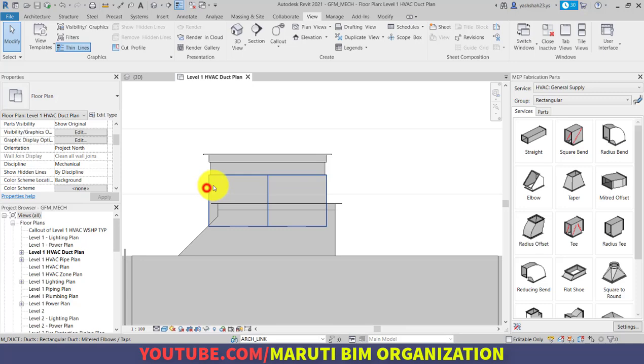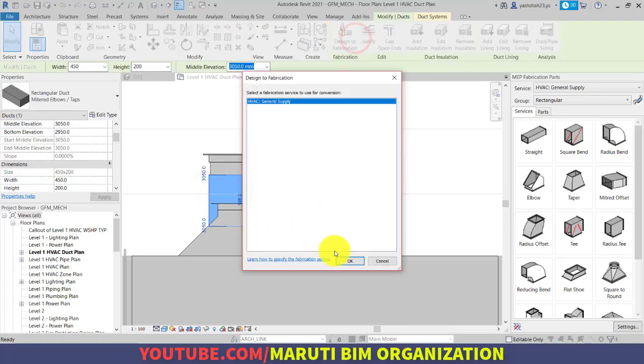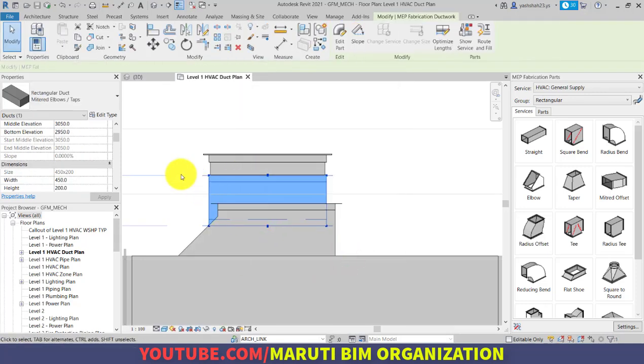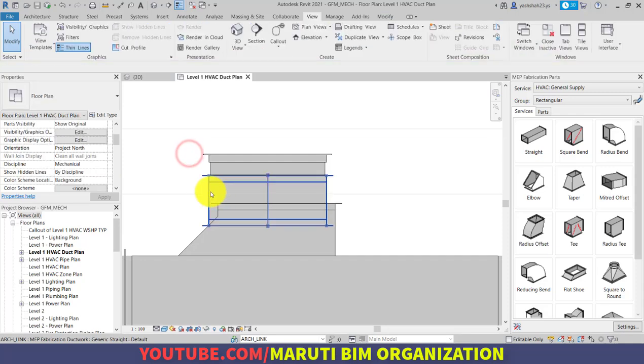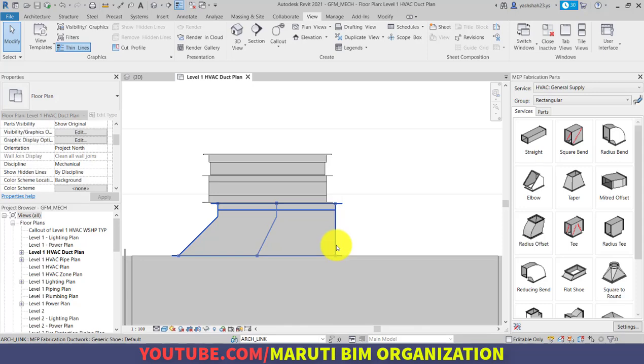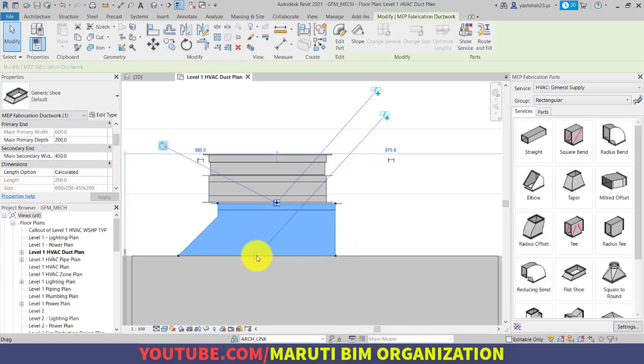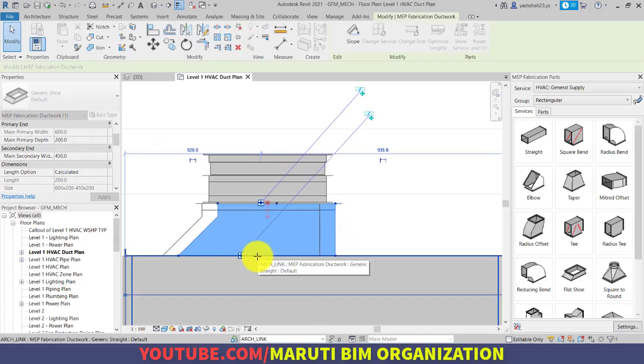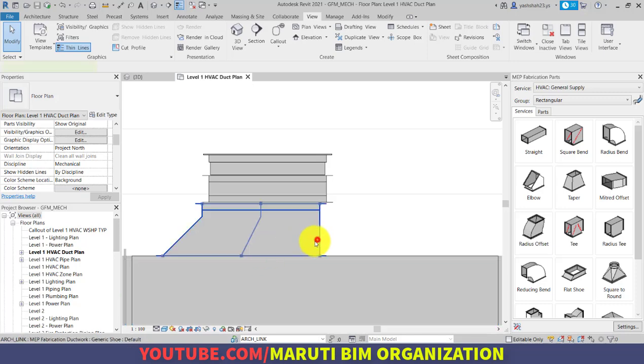We will select this duct, design to fabrication, and we will reduce its length to match up with the flat shoe length. And we will select this flat shoe and drag it to the proper location.